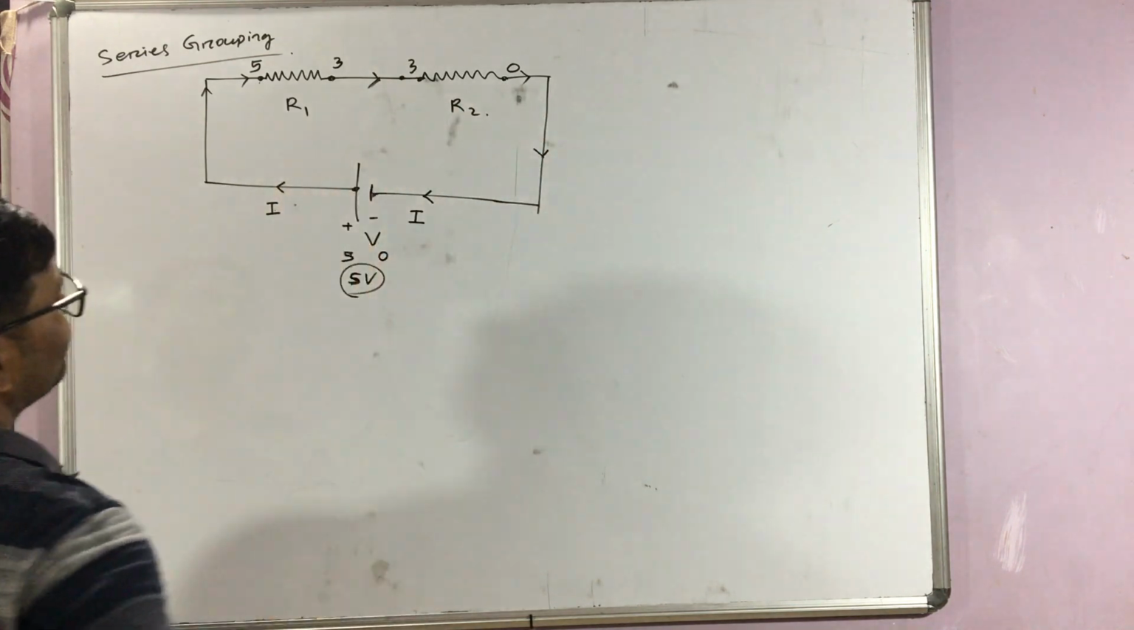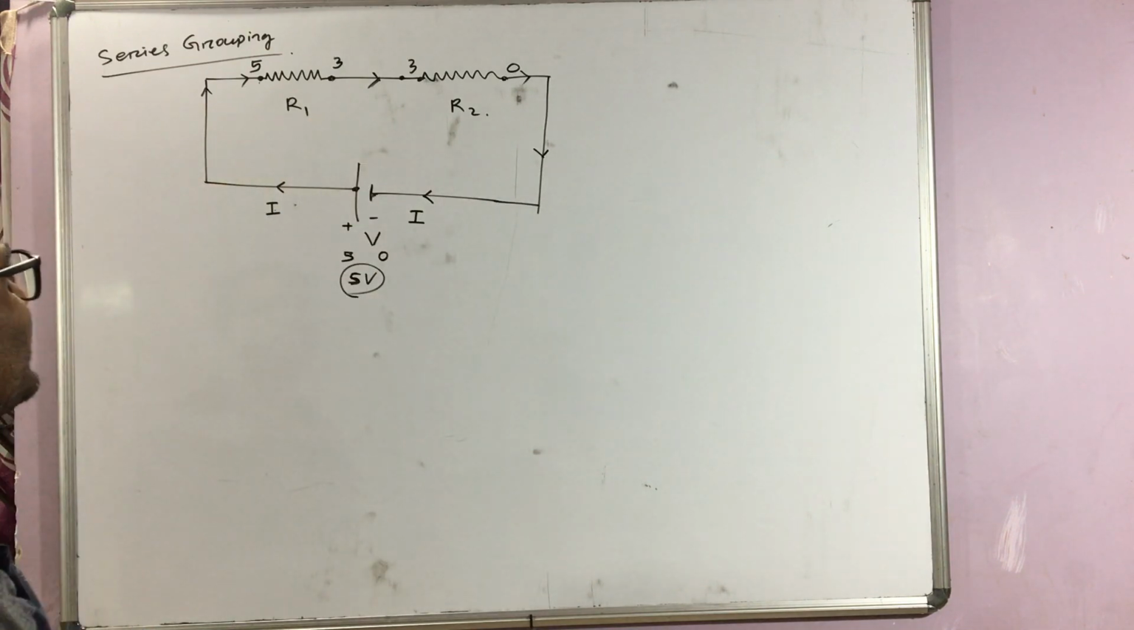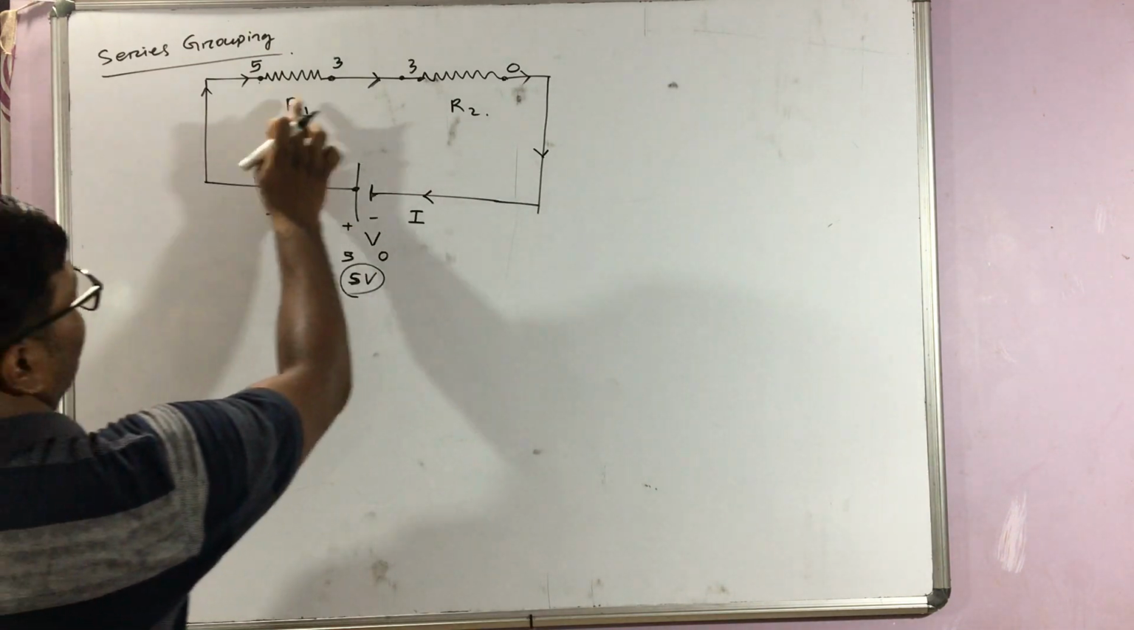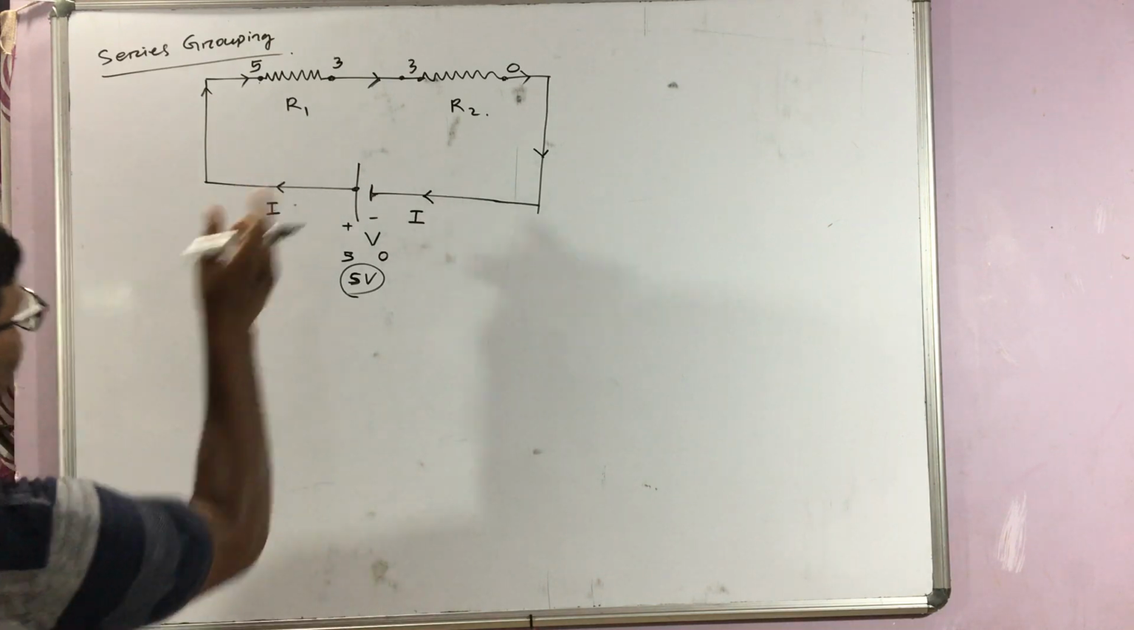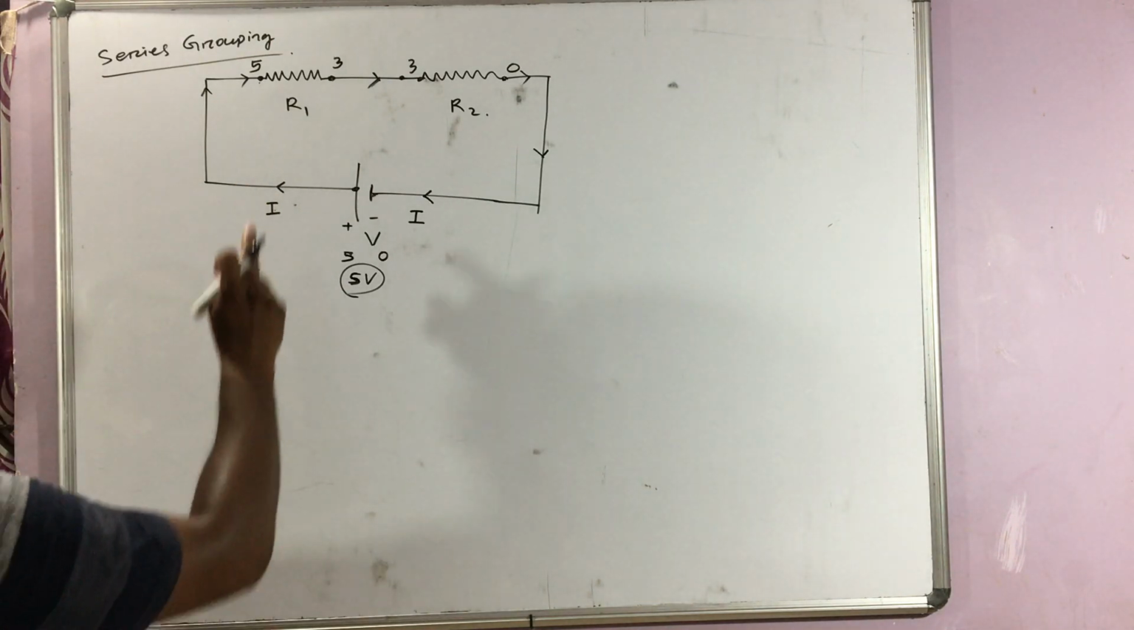Got it? So if two resistors are connected like this, they are called series resistances. And for two series resistances, as I have taken here, the current through those resistances is the same. Now we can see here,